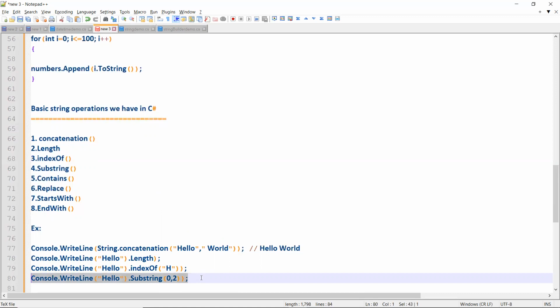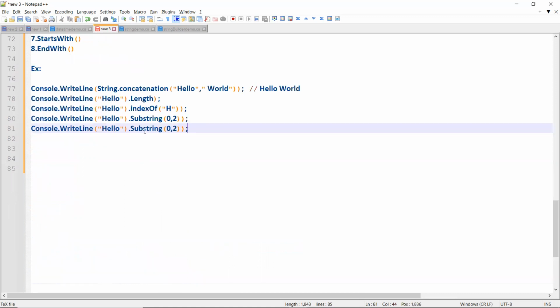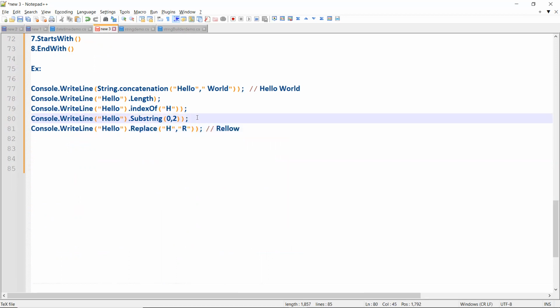Okay. And similarly, replace, right? Replace the character with character R. So the output will be Hello. Here output will be achieved. And here output will be 0. And here output will be